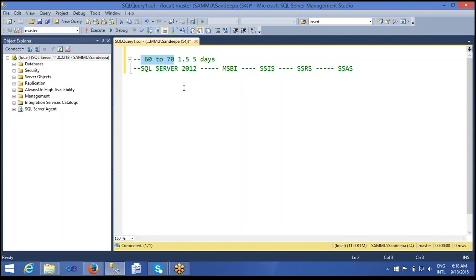In this 70 hours of sessions, you will not feel bored, because in each session I'll give you something good on the topics, so that you think, okay, I learned something special today. In such a way we'll teach you. So let me give you an overview of why we use SQL Server nowadays, and what the use of SSIS, SSRS, and SSAS is. After that, I'll go for some presentations on the concepts we cover. That is the plan.